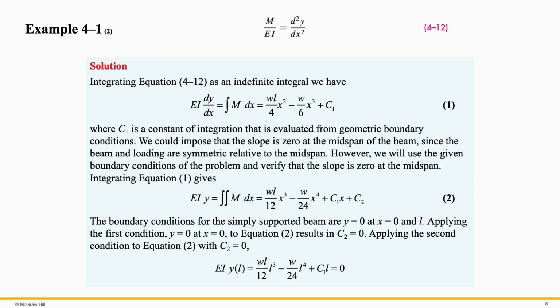Our first objective is to obtain the deflection function. We will start with this basic equation. We know that the second order derivative of the deflection function with respect to x is equal to M over EI. And when we take the integral of this expression, we obtain the first equation, which is the first order derivative of the deflection function with respect to x. But please recall that we need to include this integration constant C1.